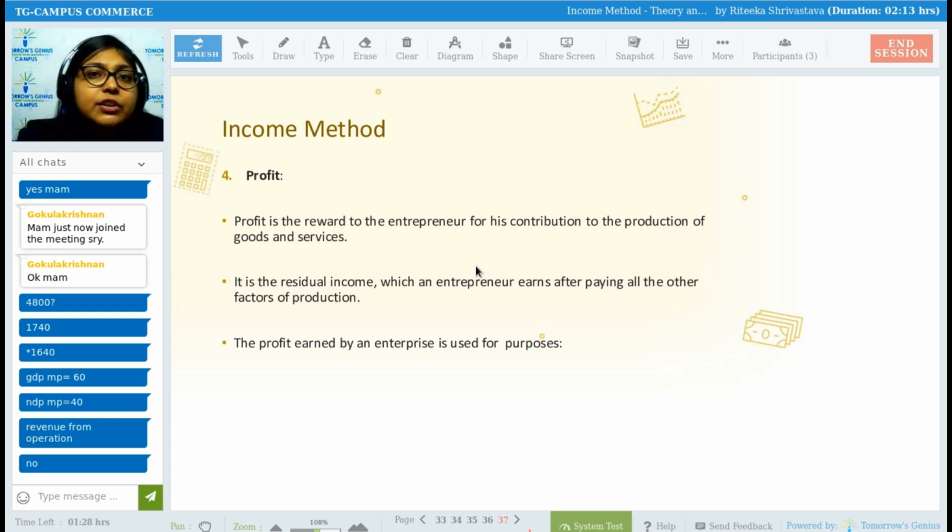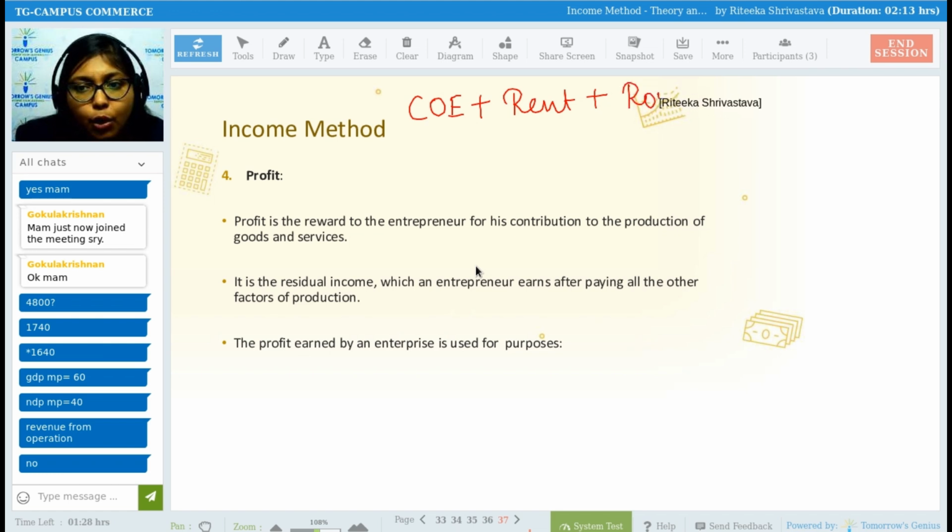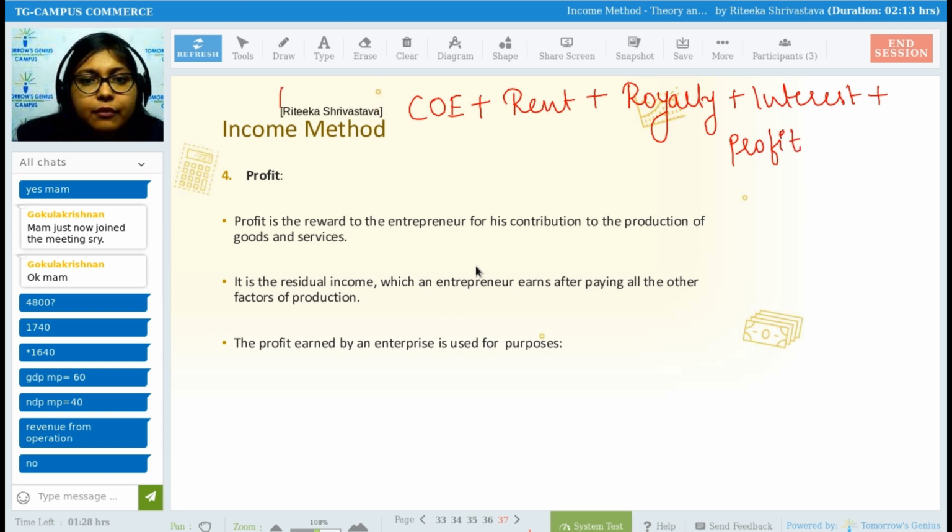Now the next part which comes is profit. So let us once more revise everything. First thing, compensation of employees. Second, rent. Third, royalty. Fourth was interest. And now next is profit for NDP at FC. So now what is profit? Let us understand